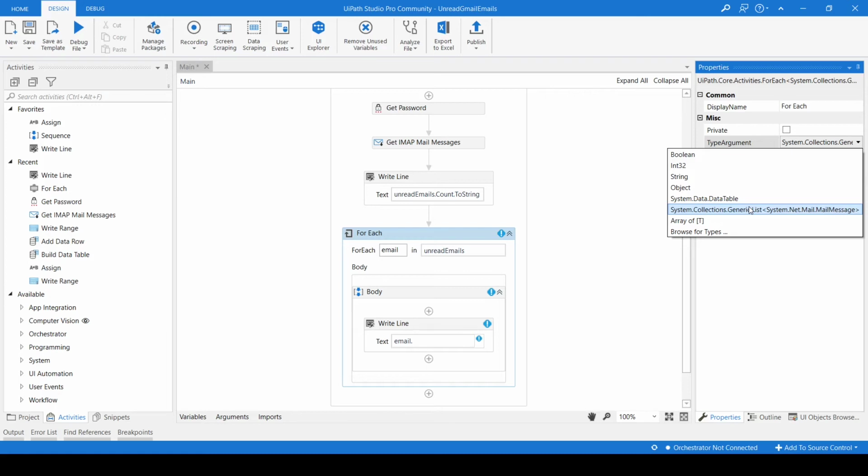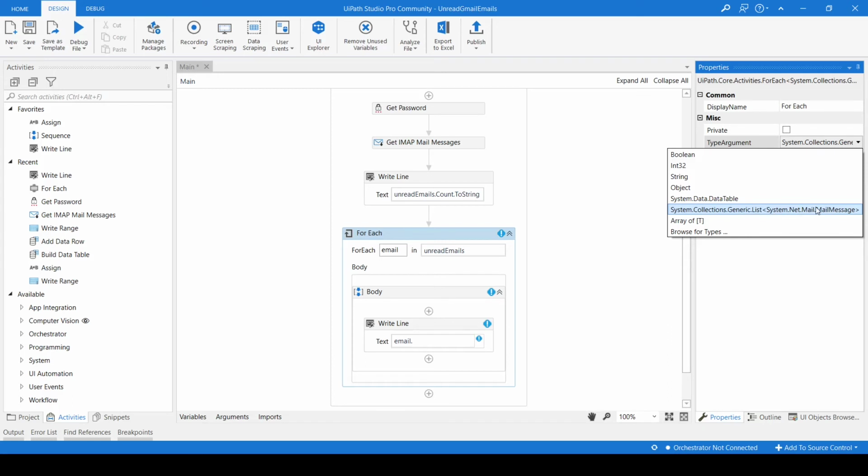So this is not the data type we need to declare here. Why? Because since it was a list type, we used for each to iterate that variable. After iterating, every time one new email will come, and that new email should be stored into a variable that will not be a collection type. Earlier it was a collection type, but now it should not be. So what other type can we declare?